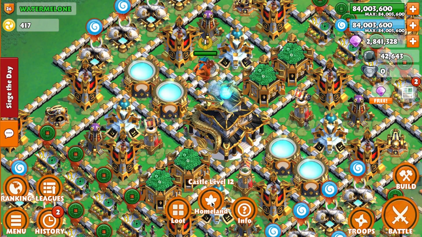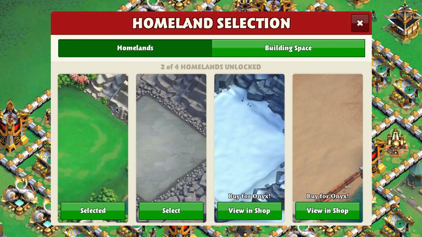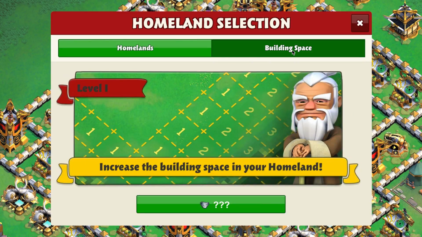You also have a button there for homelands. Now you guys are used to this. You see the homelands, you know, the grasslands, the rocky one, the snowy one, the one near the beach. If you're really cool, you've been playing for a while, then you'll have Shining City. But what you now have at the top, near the homelands, is a new tab which says building space. This is new. This is what's going on. You hit that button and it opens